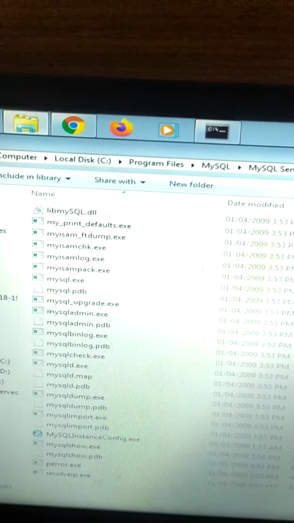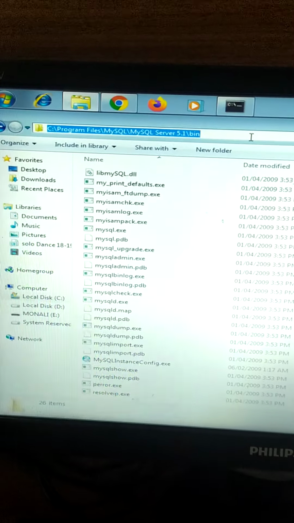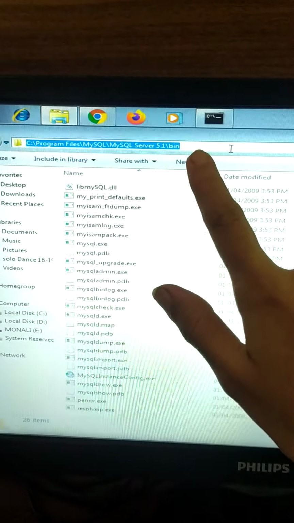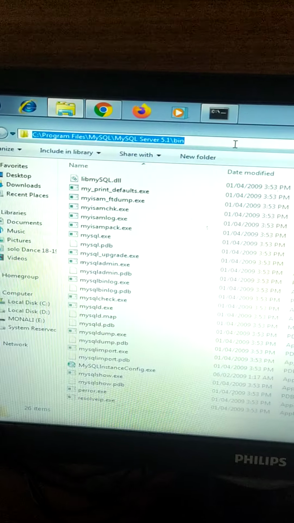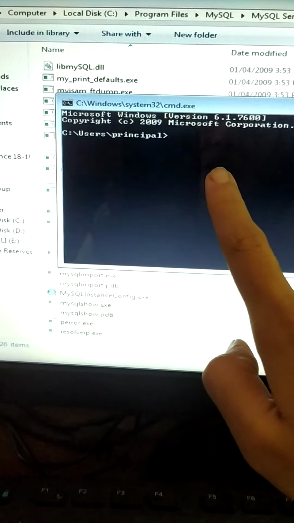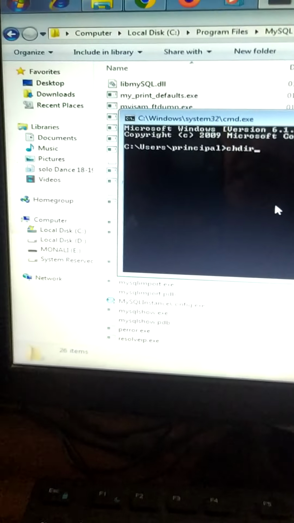Okay. Now, can you see this path? So just select it and copy it. Copy this path. The path of bin, you have to copy it. Now, over here, you have to write CHDIR, that is change directory.